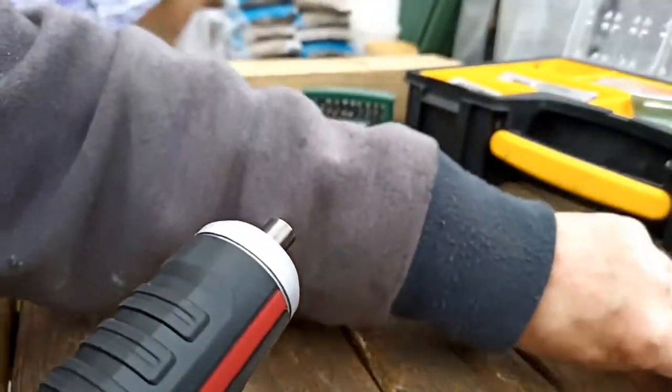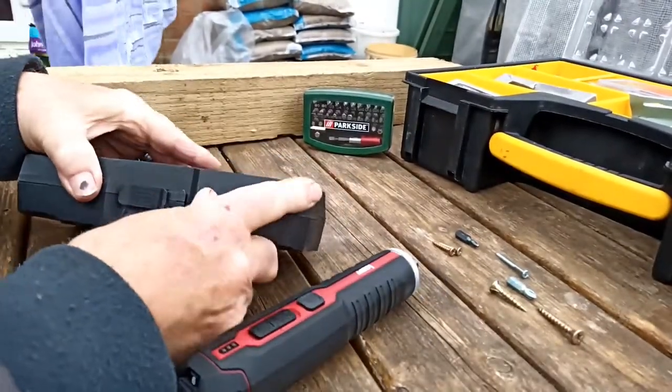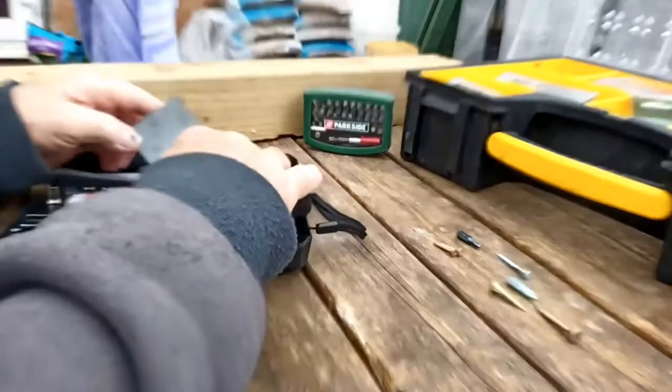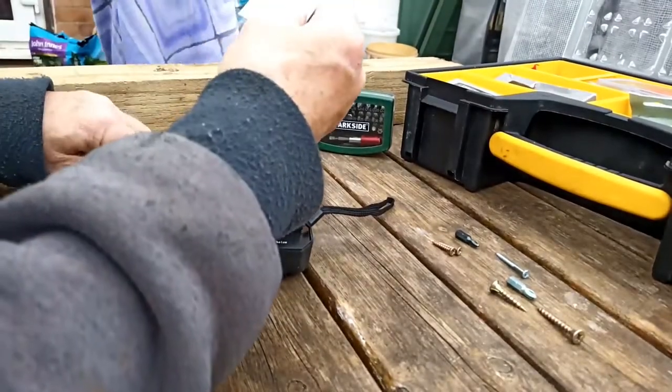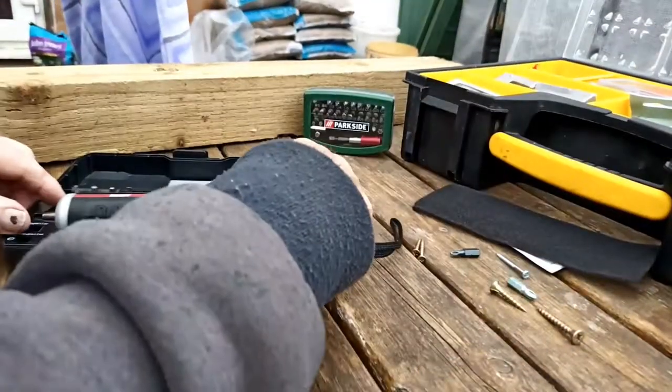out of my pocket, and we'll open the toolbox. The screwdriver goes in like that. So here are the instructions which tell you how to work it. They're in English and German, and there's a nice little padding piece there. So this screwdriver,